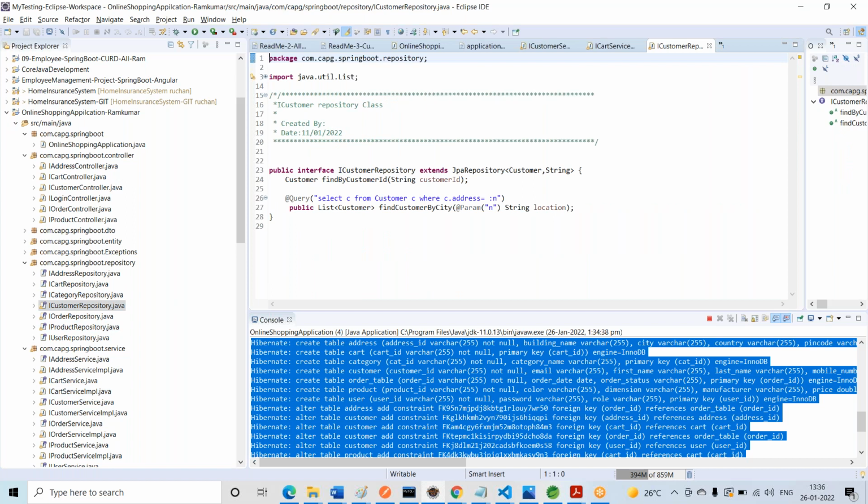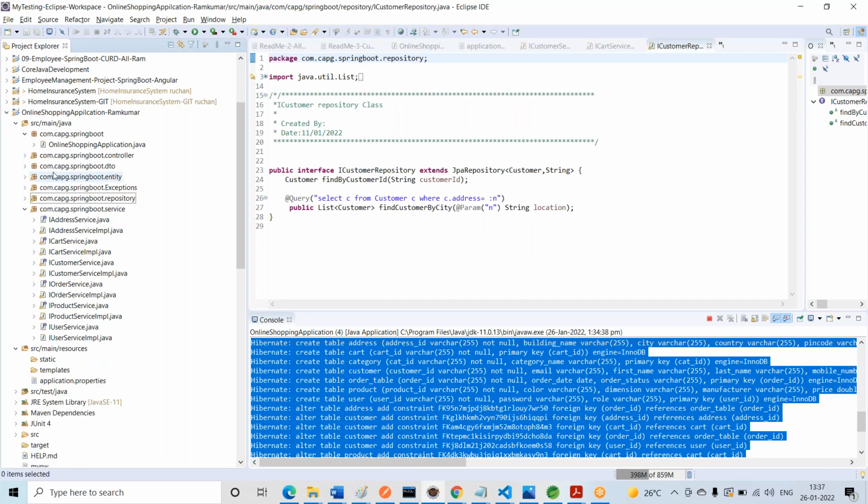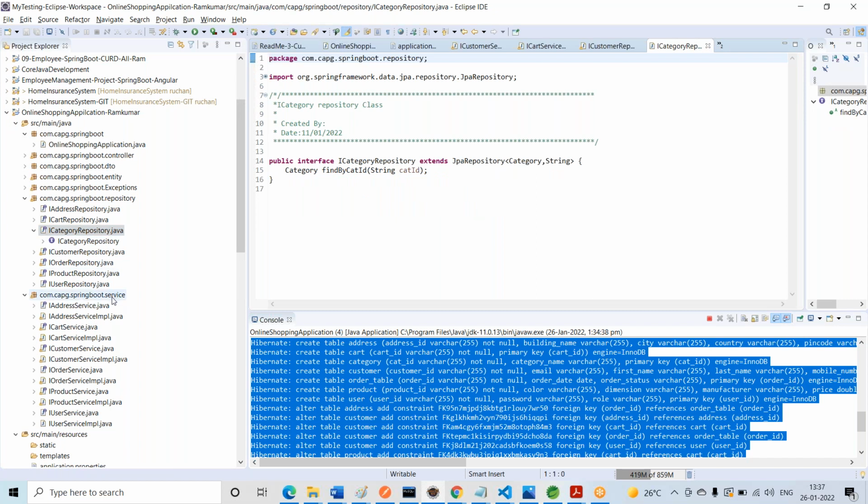The server is started. We have also seen the repositories, the customer repository.